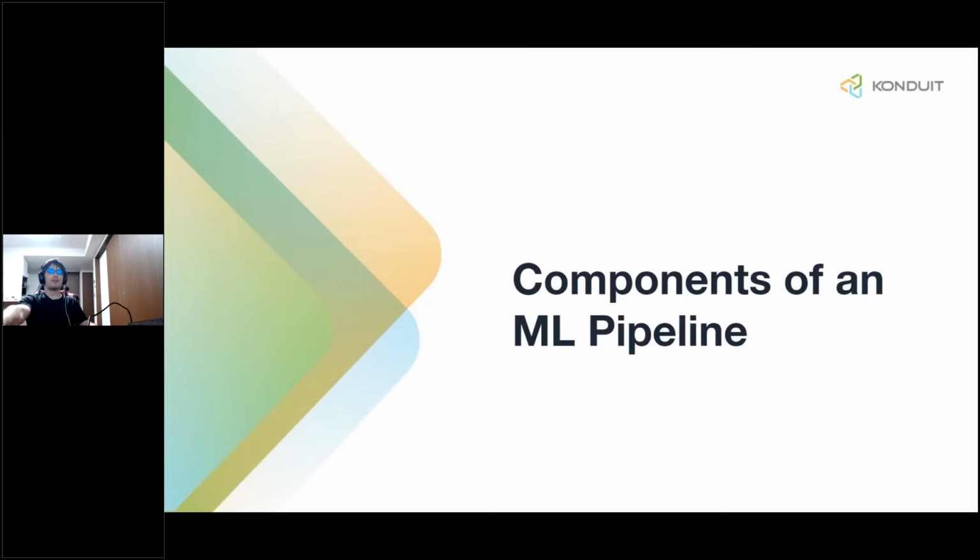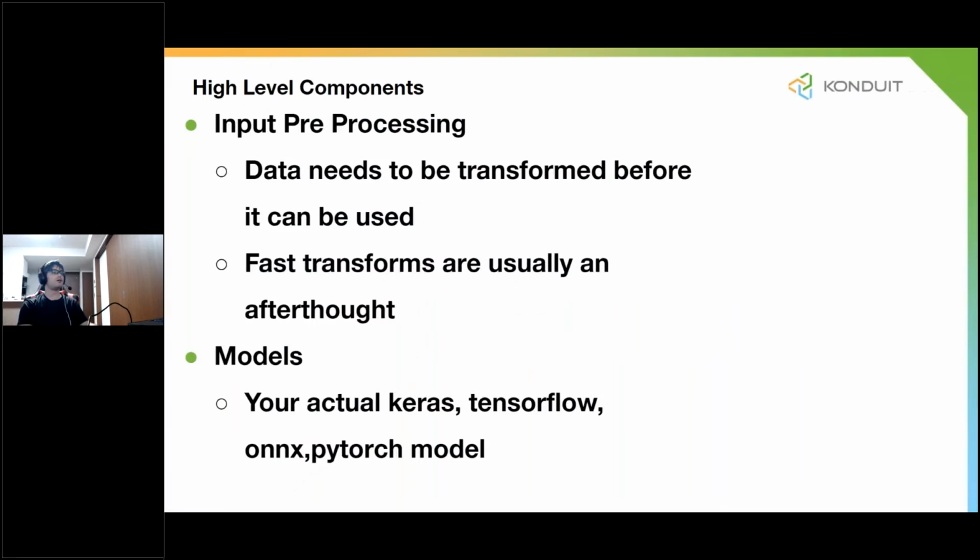So now I'll get into the components of an ML pipeline. Starting off, input pre-processing. Data needs to be transformed before it can be used. There's a lot of different ways you can do that. One thing I'll call out is Apache Arrow. It's an in-memory columnar format that underpins a lot of the storage infrastructure we use today. So if you have a pandas data frame, you can actually convert it to Arrow and then send it to